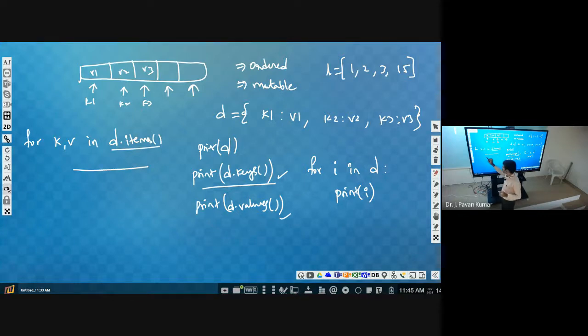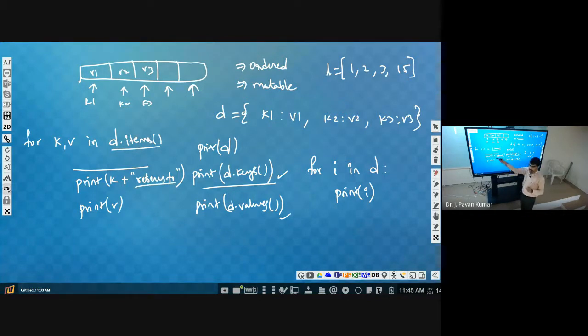Like you can display key, then write some text to make you understand: key refers to, then value. Like that you can access key and value separately. This key is containing that value, which is more appropriate. Next, another item: another key contains another value. Like that it will repeat.